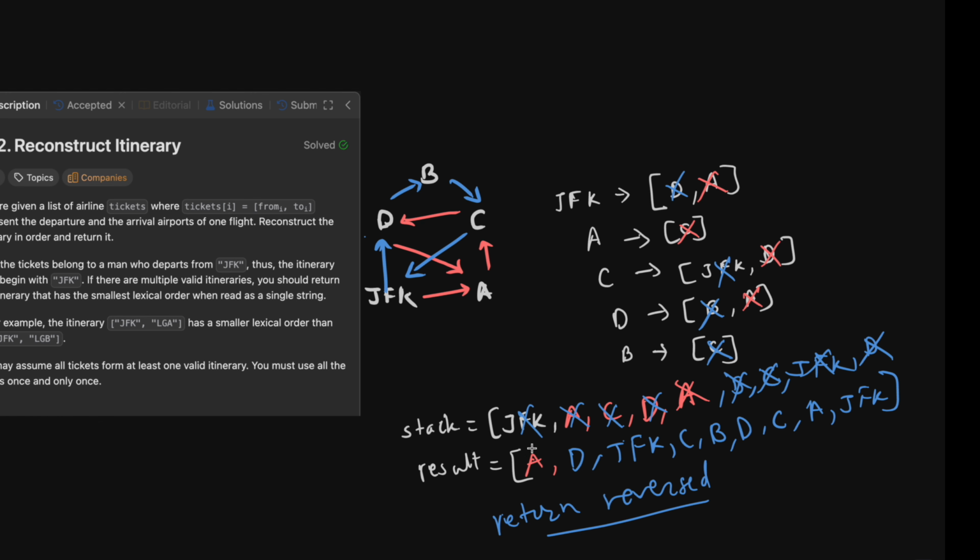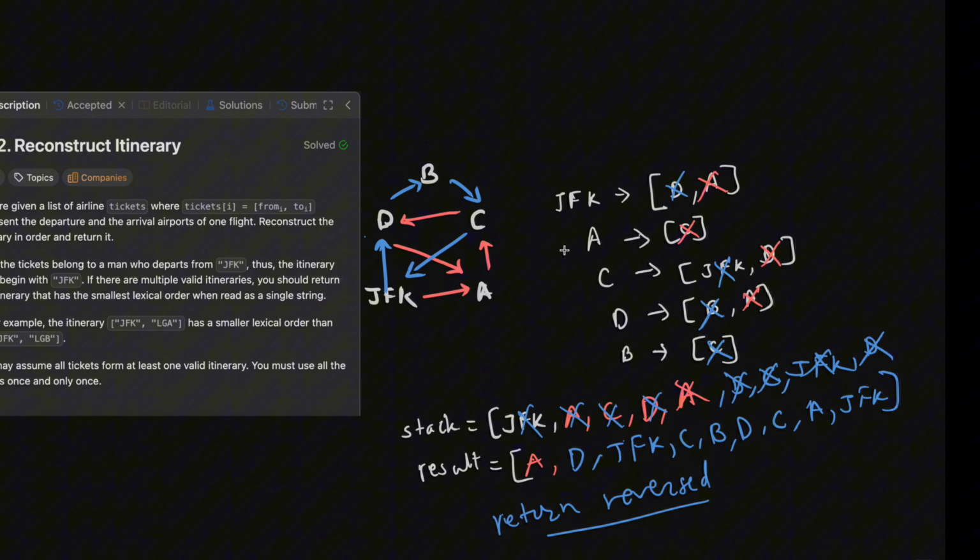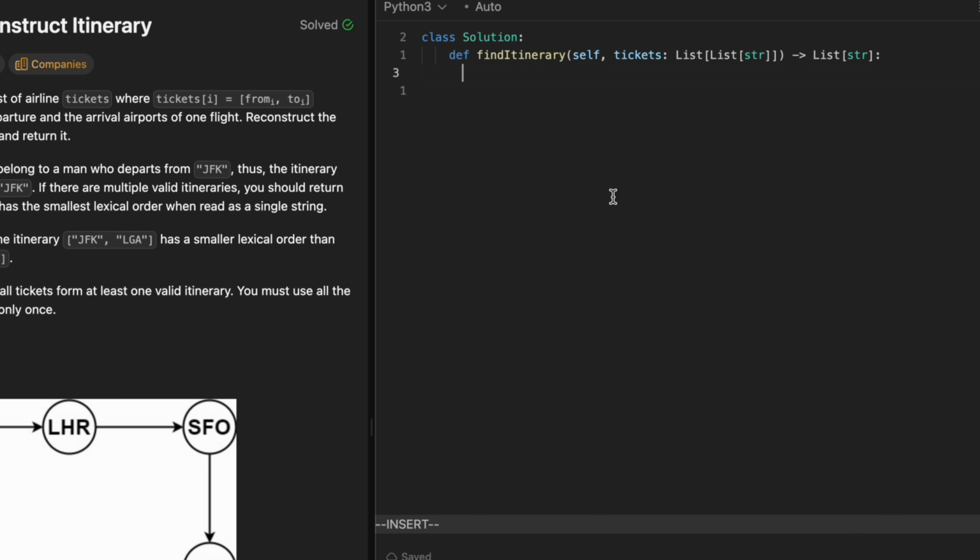I know it's very complicated. I know you will not get it if you don't know these two algorithms. But the code is really simple, and I'm gonna show you that next. First thing we need to do is sort the tickets in reverse order so that we have the smallest element at the last. So how we'll do that is sort the